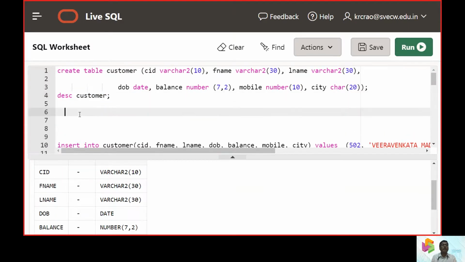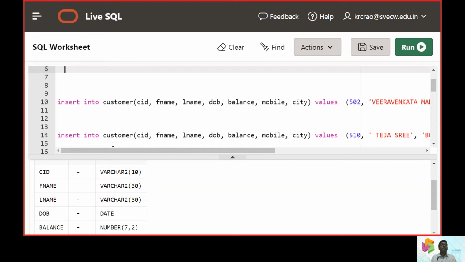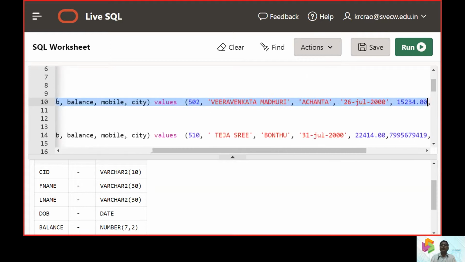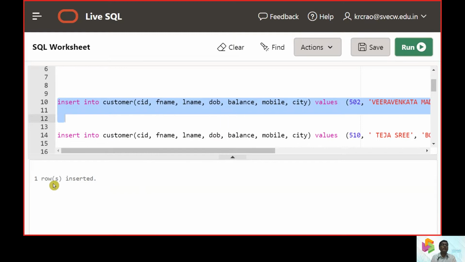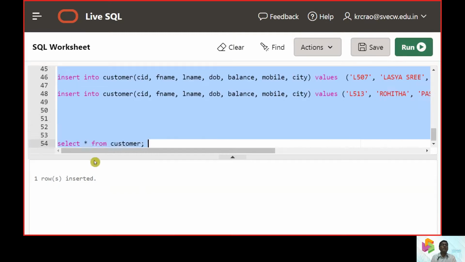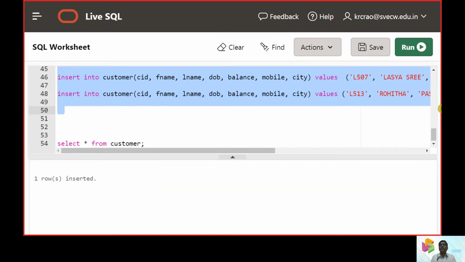Then let us put some insert commands so that we can get the exercises done. So now we have this insert command. So one row was inserted. Similarly, whatever rows we intend, I'm taking all the rows.